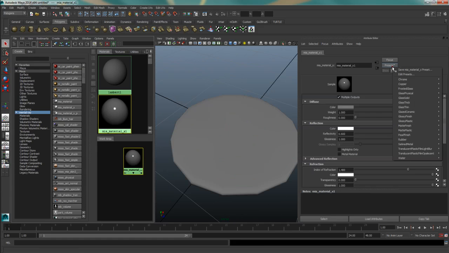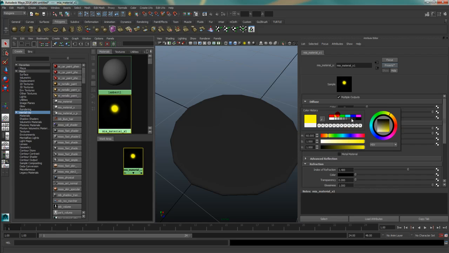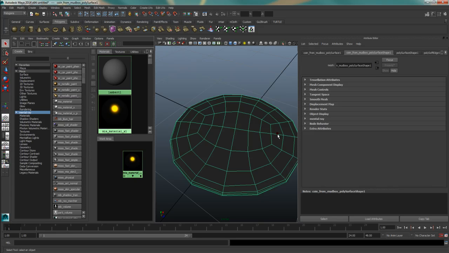These are pretty cool. They've got some good presets. So what are we going to do? We're going to use Chrome, and we're going to change the reflection color to a kind of goldy color. And you can see that that's made our coin kind of gold. Select it,